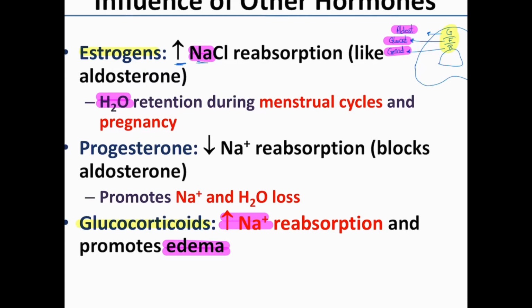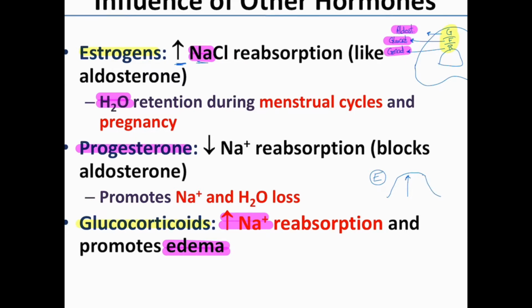On the other hand, a hormone that reduces the sodium reabsorption is going to be the progesterone, and it actually reduces the sodium reabsorption by blocking the aldosterone. So if we're looking at a menstrual cycle, in the first half of the menstrual cycle, I have an increase in the levels of the estrogen